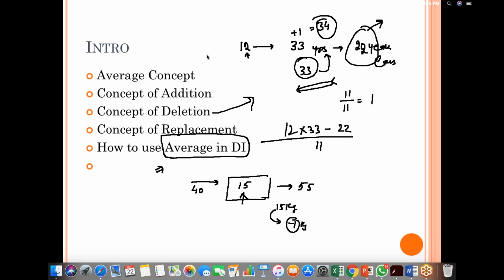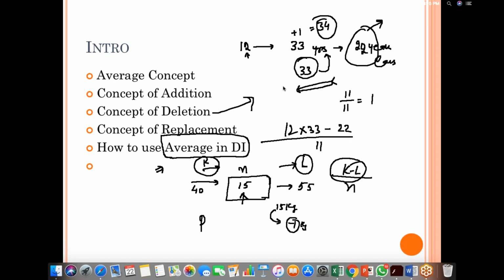Doubt in replacement. See, in replacement we are not changing the number of people. The number of people n remains same. So if k is coming in, and let us say l is going out, so k minus l is my net change. This will be divided by n, so this will be the change to the average. Let us say my P was average. So a person with K comes in and a person with L goes out. So K minus L upon N is the change to my P. Is it clear, Vasu? Okay, Sachin wants the concept. Yes, Vasu is clear.